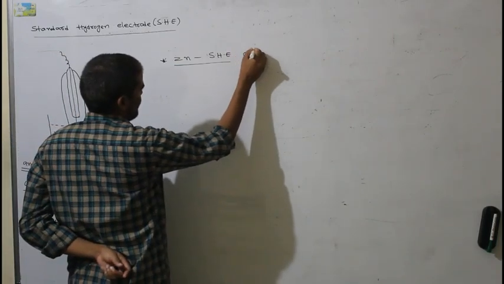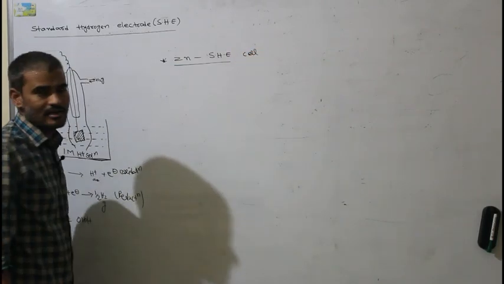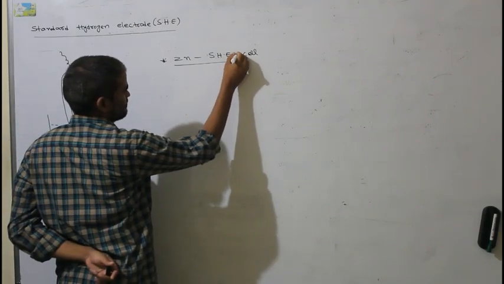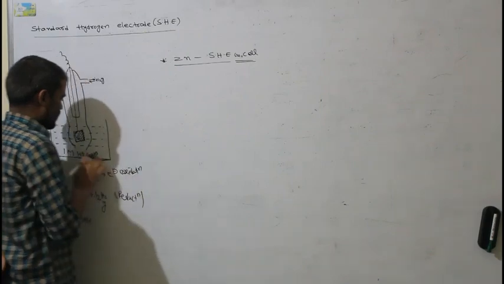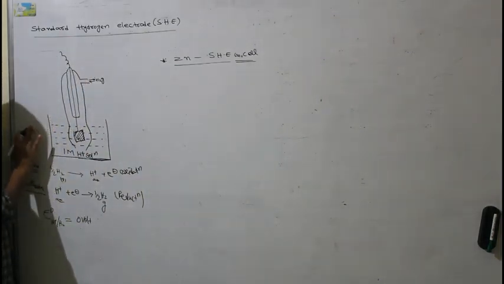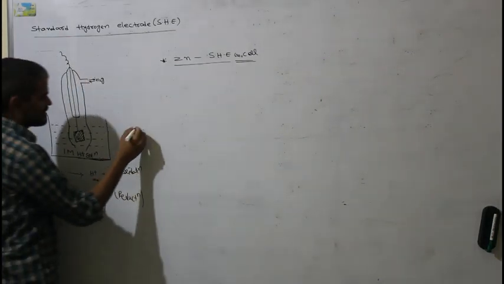In this case, you put it the same way. One side the standard hydrogen electrode will be, and on the other side you have to take